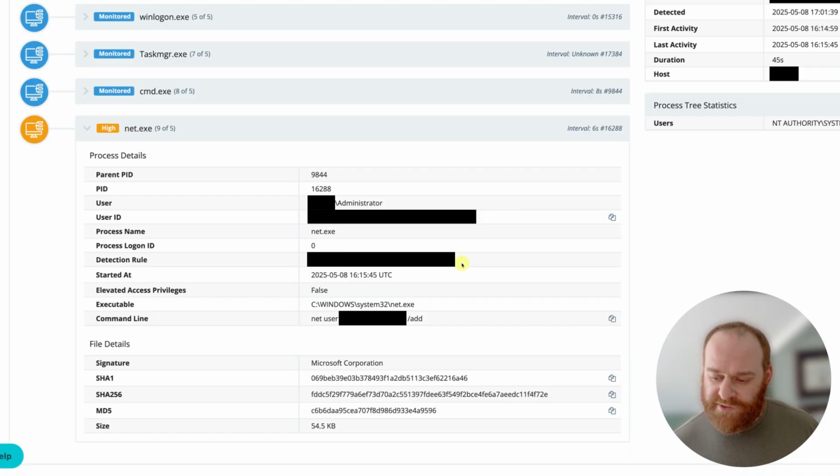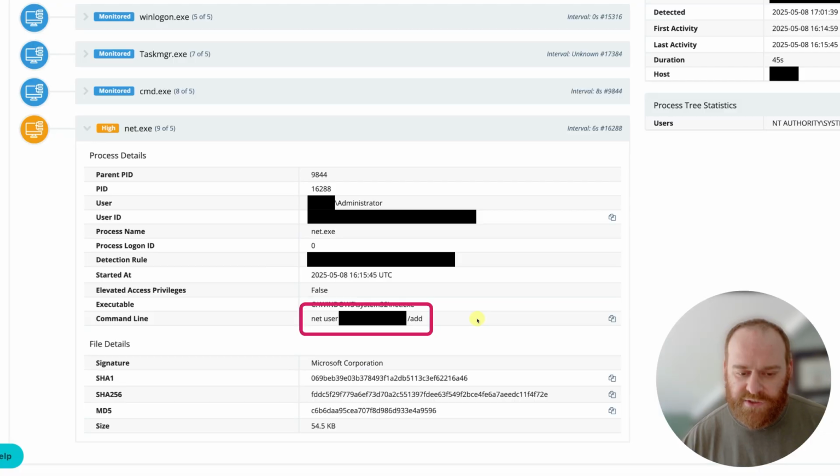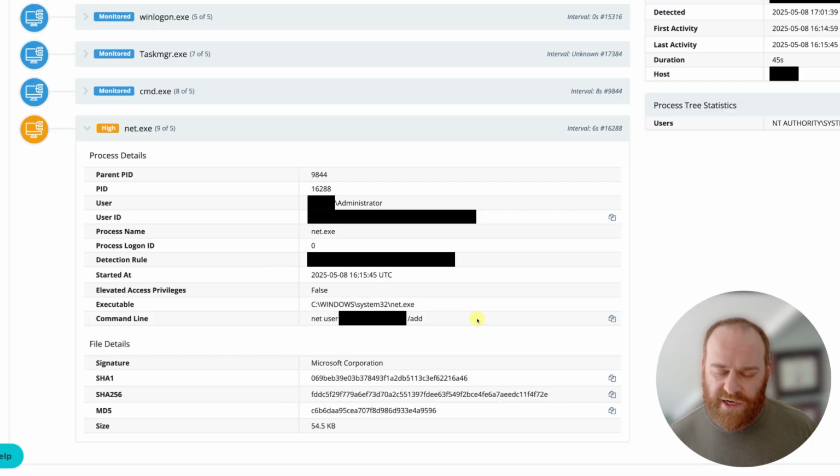After the credential access avenues were completed, the threat actor established persistence by creating another account on this particular host. So just in case the account that they were using originally got disabled, they created a secondary account with a password that they controlled so that they would be able to ostensibly get back into the network should they lose this access. Luckily for this particular partner, Huntress saw this activity and was able to delete the account so that